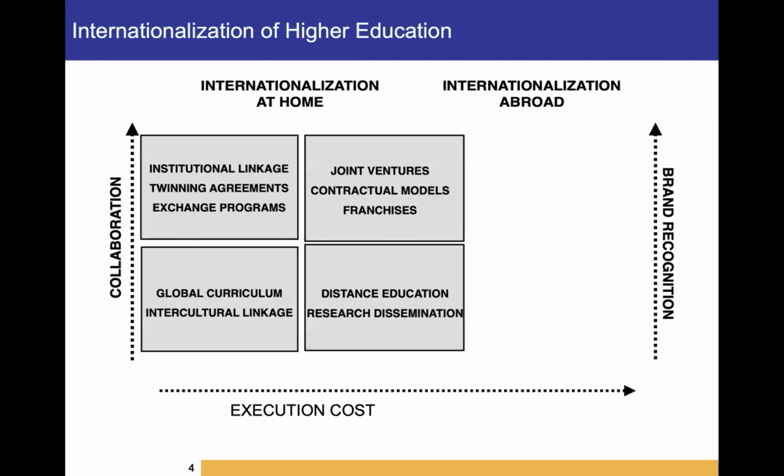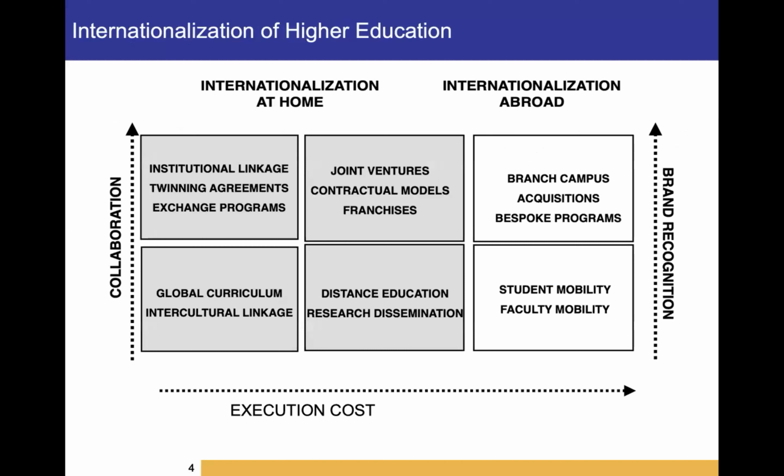bringing branch campuses to India, which we have already seen with Deakin University and Wollongong in GIFT City, which is also promoting foreign education to come to India, or having campuses abroad. We already have multiple universities like Amity having campuses abroad, and now IIT has also opened its campus in Zanzibar. But we should also look at other models, which are the twinning arrangements, the institutional linkages, the joint ventures, and how curriculum validation and best practices from different countries can be disseminated into each other,